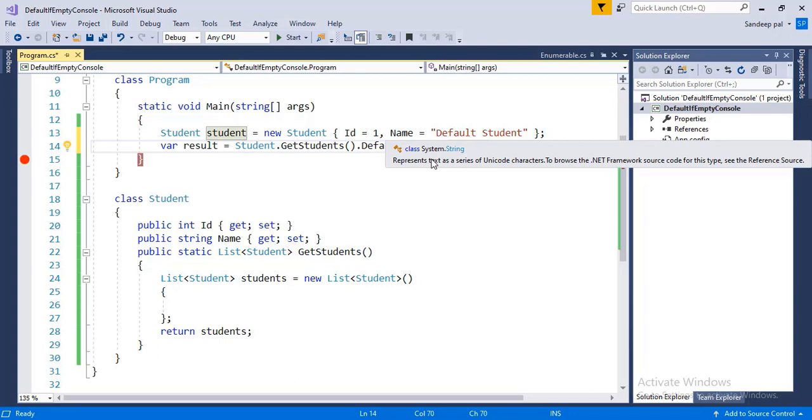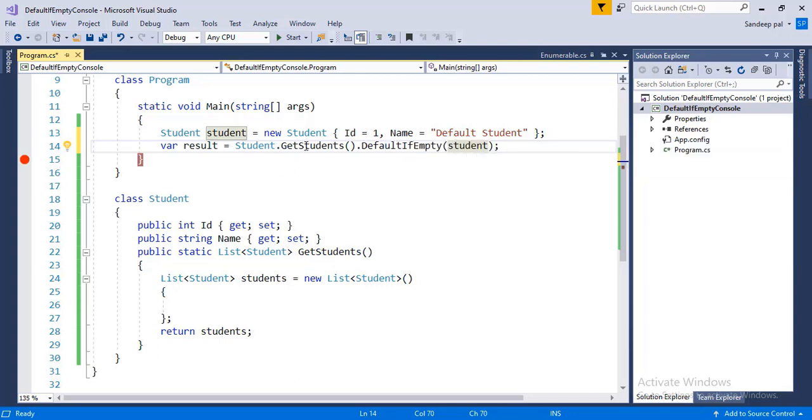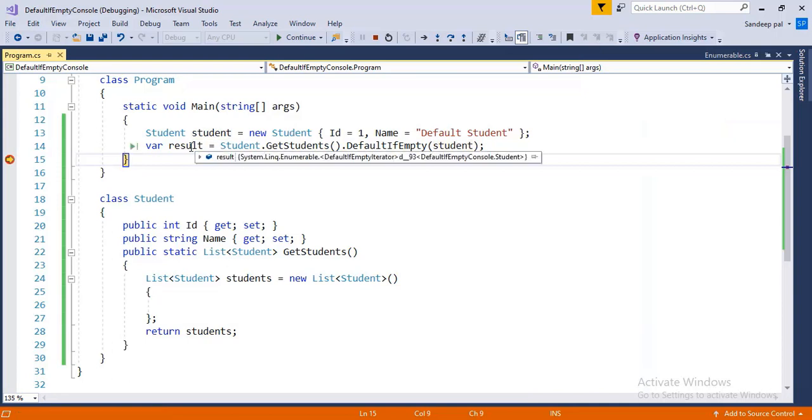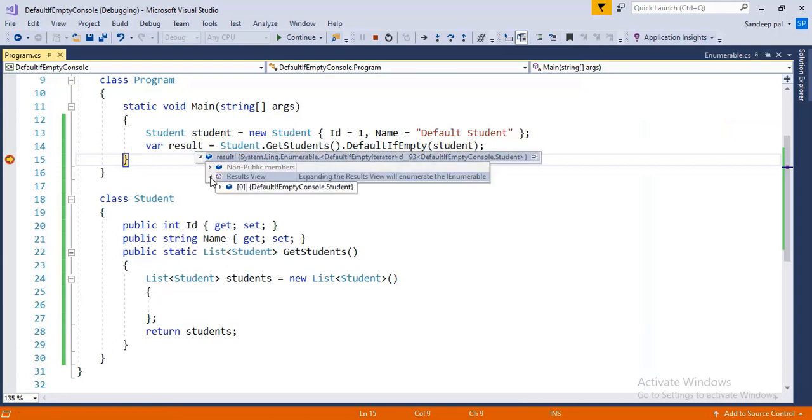Let's see what will happen. So it should replace the null value. Now run our code. Once again we get the expected result.